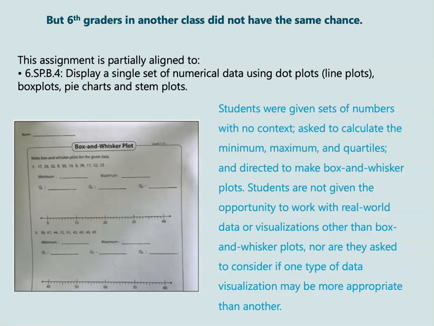Two groups of students, the same age, in the same district, getting assignments of vastly different quality. How can that happen? This wasn't an anomaly, and we think the likely root cause is the fact that many teachers do not have access to high-quality materials, are given so little training on the new math standards, the shifts in math education, and deeply understanding how their standards connect to the grades above them and below them.